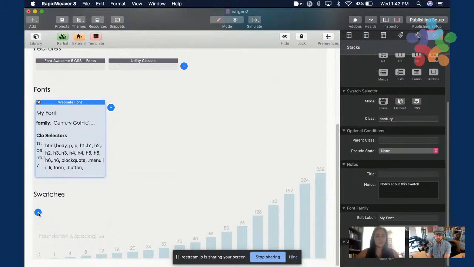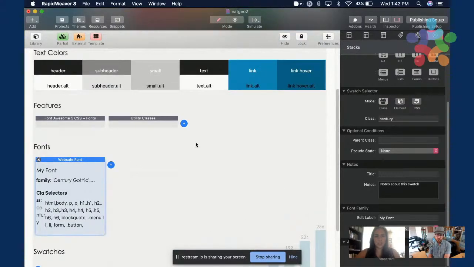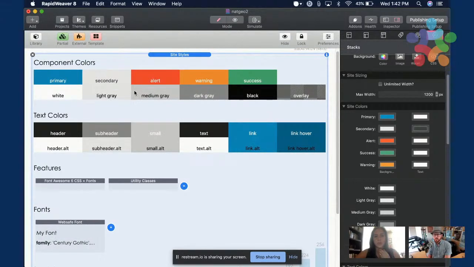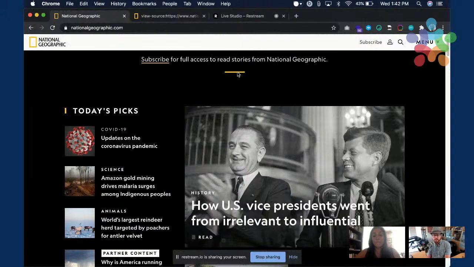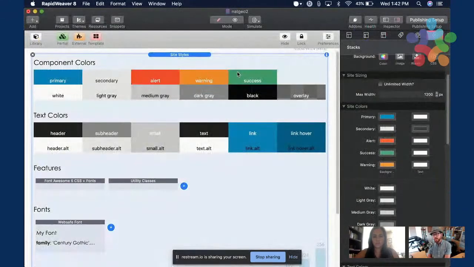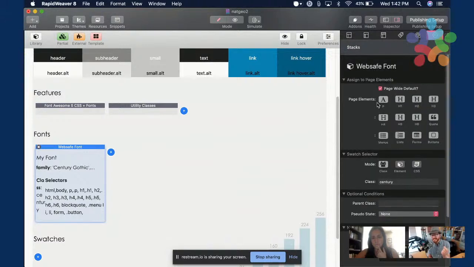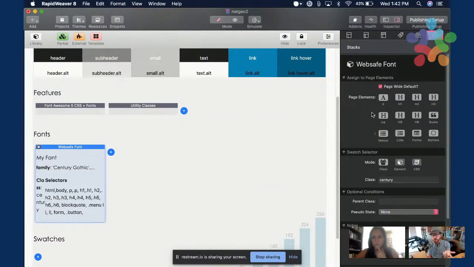And I'm gonna start by changing the primary colors as well. So, mind if I interject for a second? Yeah. Okay, so on the web font, if you selected the page wide default, and then you just select pretty much after that, the only other thing you would need to select is all the various headers.